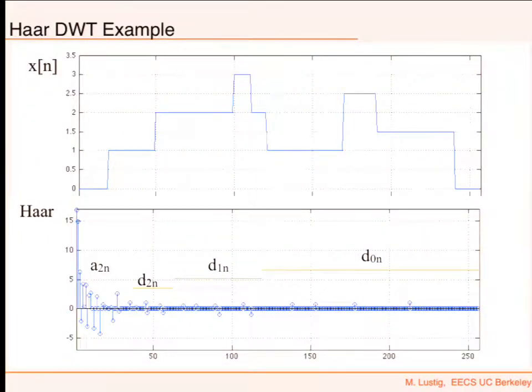So another way to display this is to just draw it as a vector, where these correspond to D0n, this is D1n, this is D2n, and A2n, and so on and so forth. It doesn't show nicely the correspondence between the edges, though. Okay, but it's another way. This is just plotting an array. So I take this and I get that, and I can take that and do an inverse and then get back to this.